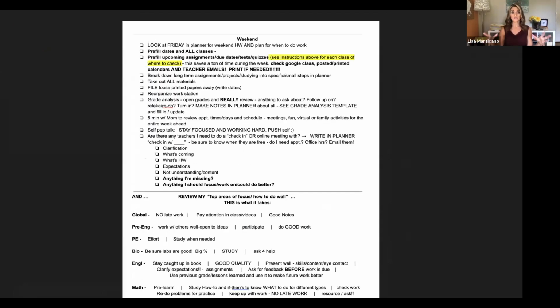The next one is a weekend. I want you every weekend to be thinking, okay, let me do a little reset. Let me organize my papers if you have any printed. Let me look back at the week, check my grades. What do I need to do differently in the upcoming week? Do I need to update my plans or my if-thens? What's coming up ahead? Do I have things due the following week? What can I put in my planner and kind of break down and work backwards on?